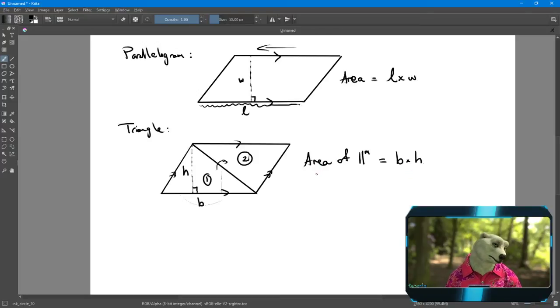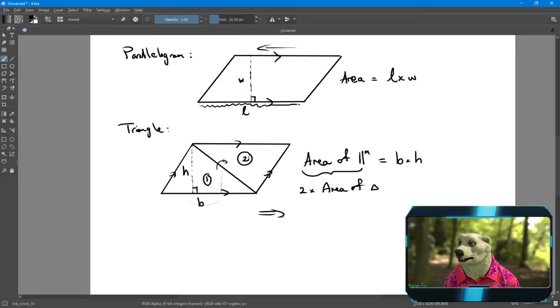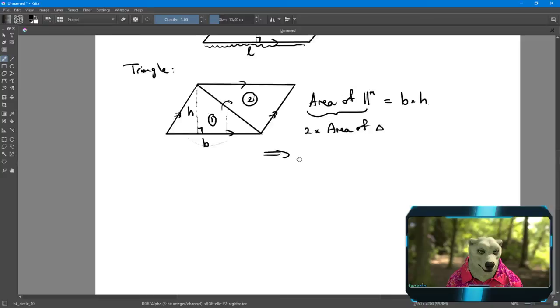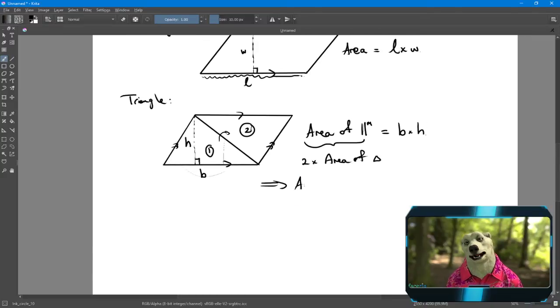However, that's not really what I'm looking for. The area that I've now calculated is 2 times the area of the triangle that I'm interested in. So therefore, the area of a single triangle, just one of the copies, is a half base times height, which may be familiar to many of you,